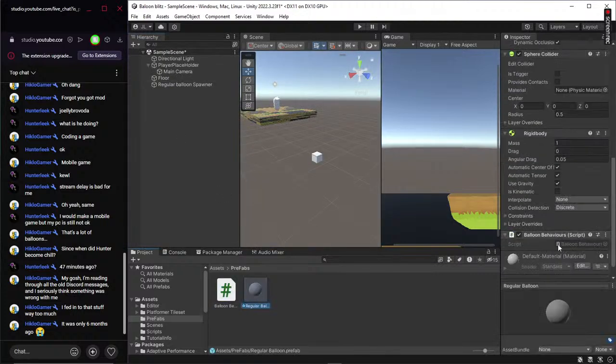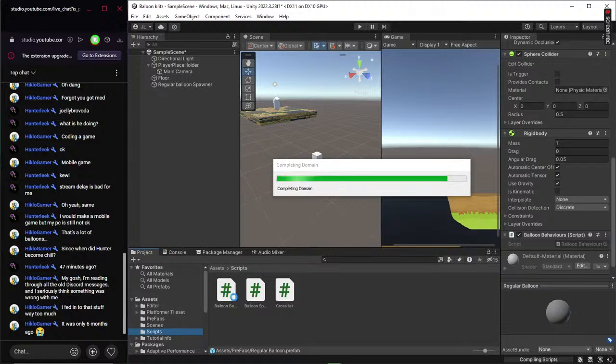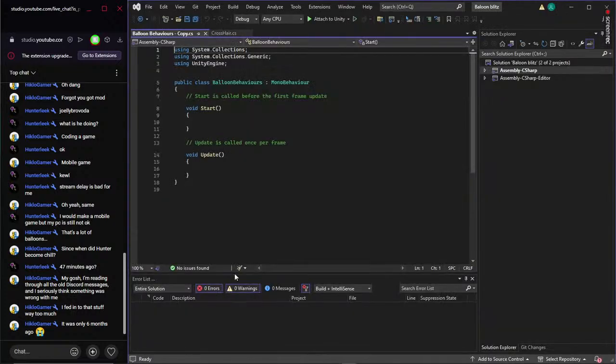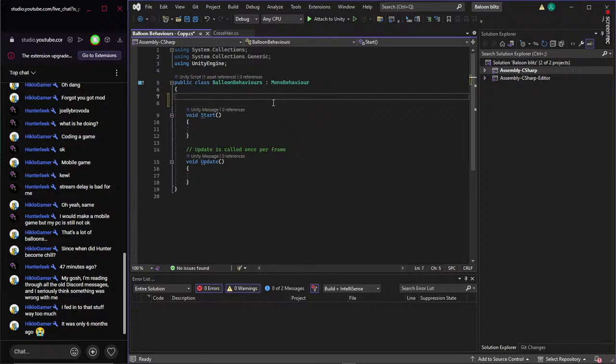So now, we should have that balloon behavior script, and we can throw this back in our scripts. Awesome. And we'll open up balloon behaviors. Now, all I want to do is put a force on the bottom of the balloons to push them up. That way they float up, right? So, under the start method, actually before the start method, I'm going to say,